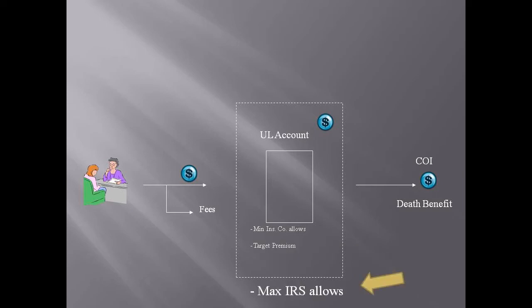Furthermore, there is a maximum premium that the IRS allows, known as the maximum non-MEC premium. If you exceed the MEC limit, the policy becomes a MEC, or a modified endowment contract, which in essence means if you borrow from the cash account, your growth proceeds will be taxable. If you stay within the MEC constraint, you can structure your policy to obtain proceeds from the cash account tax-free.